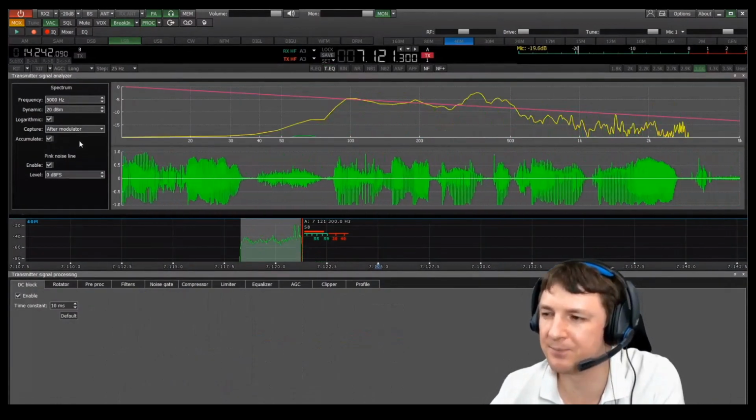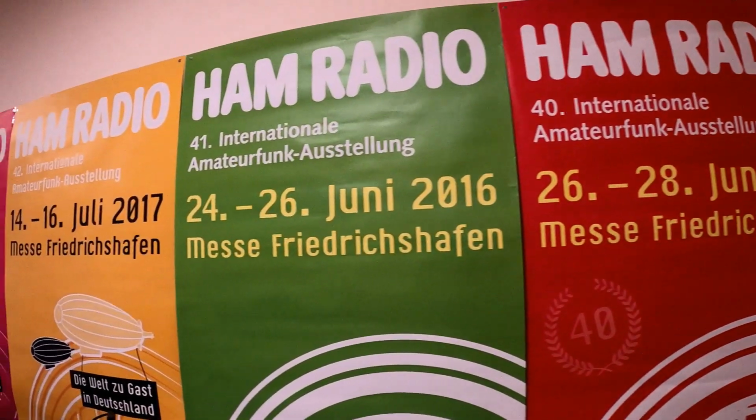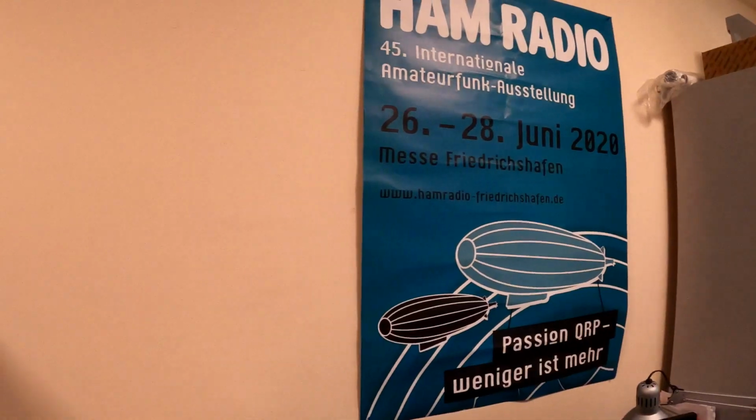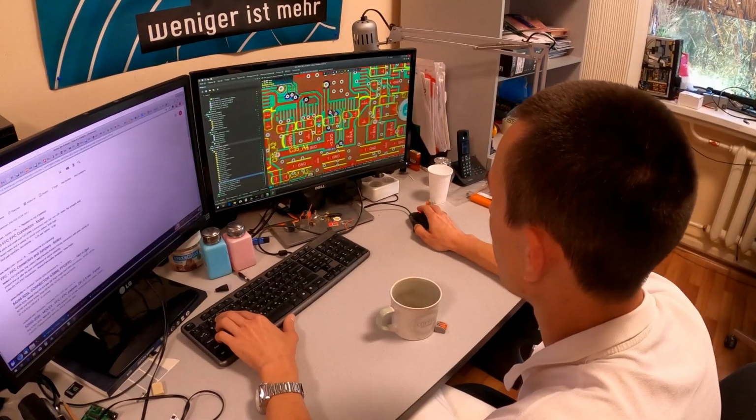As you can see, so many things have changed over the years. Expert SDR 2 has changed as much as the world around it. At the same time, we were thinking about the future. What is the most efficient way to continue software development and how can we improve it? This year, we're making the biggest leap in Expert SDR history.